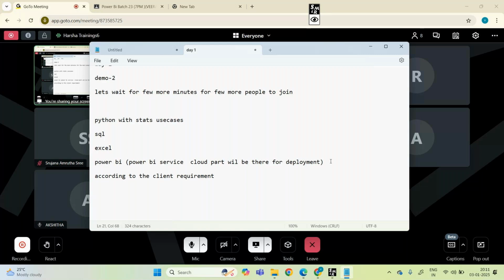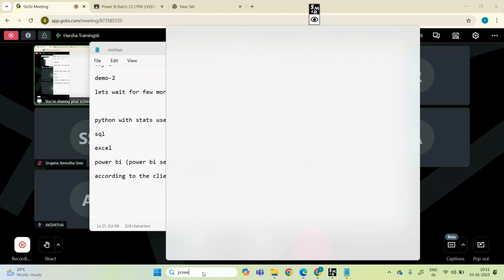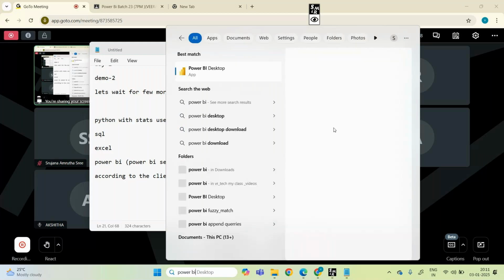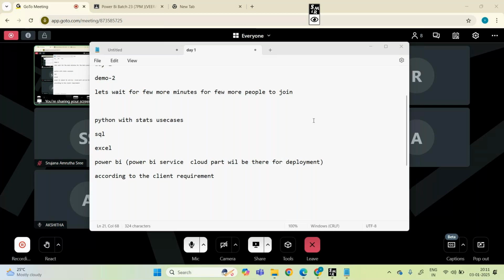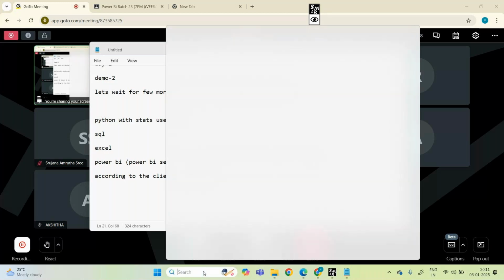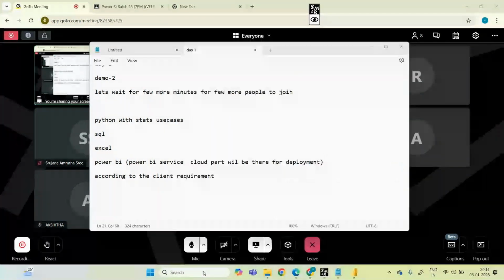If I open this, see, the Power BI application looks like this. One second, it's opening.